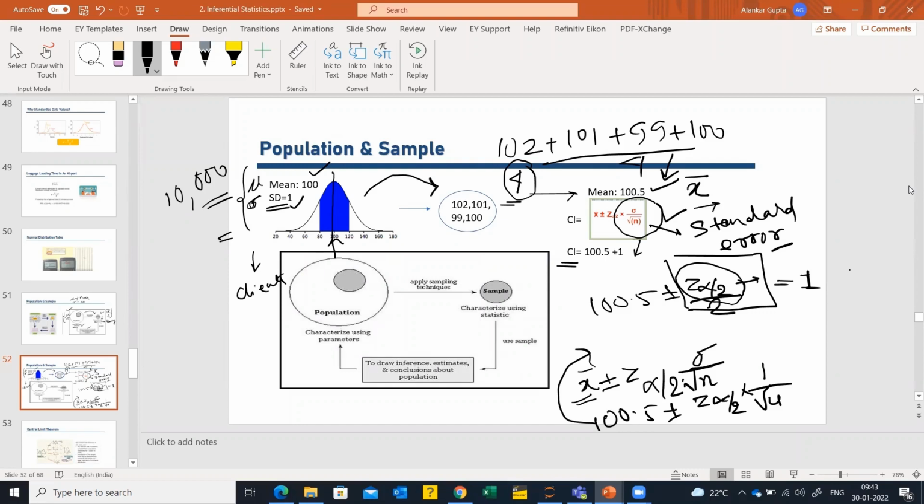In the next class, we will look into hypothesis testing, which is actually the second application of the central limit theorem. We will talk about hypothesis testing as we go further into this course. What we do in hypothesis testing is draw some samples, and these are exactly the same samples that we are talking about here.